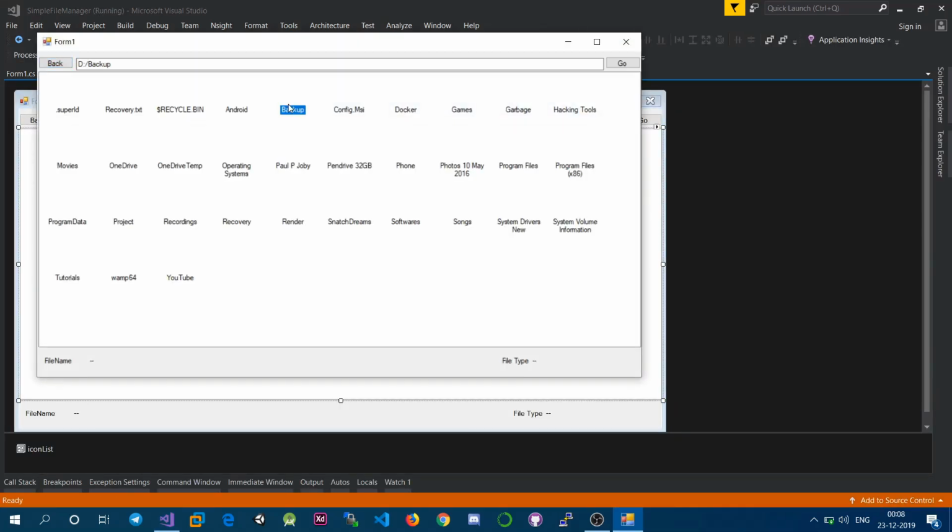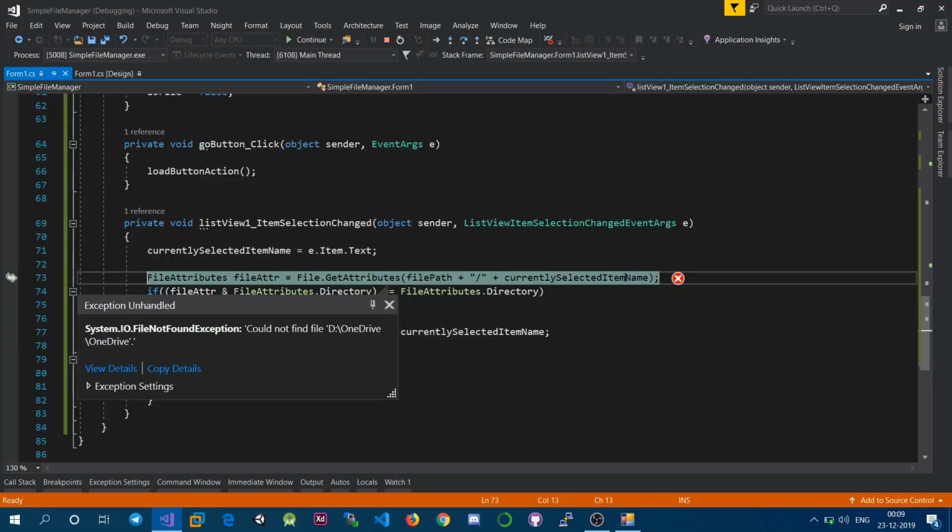if you just click on this, you can see the path is changing over here. Okay, OneDrive, and if you press go, okay, nothing happened because I'm not loading it properly. No, it's getting loaded. Actually, if you see the contents of this directory list increased. Okay, if you just press, okay, some error occurred. The file could not be found, OneDrive/OneDrive. So the thing is that